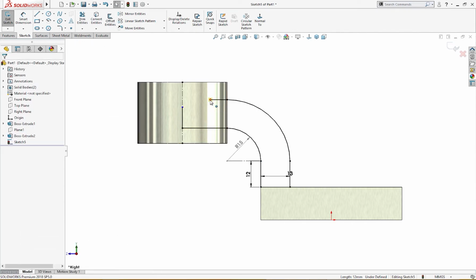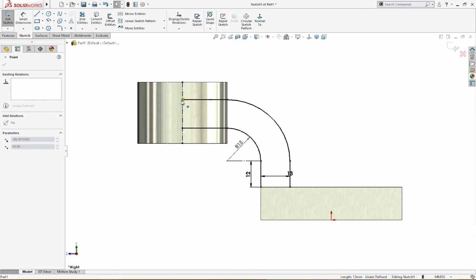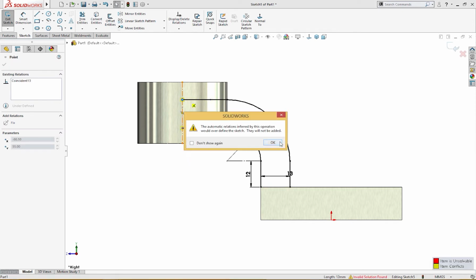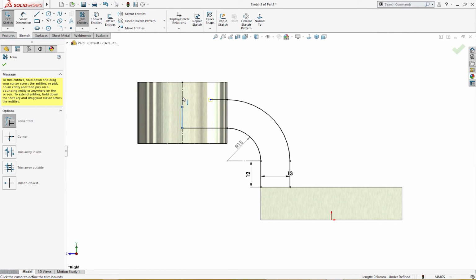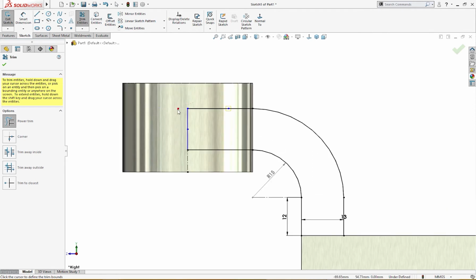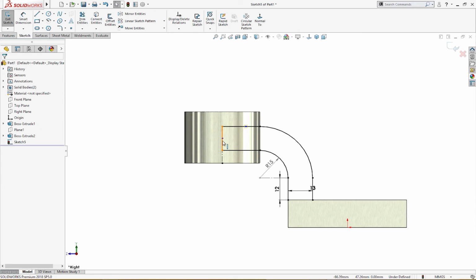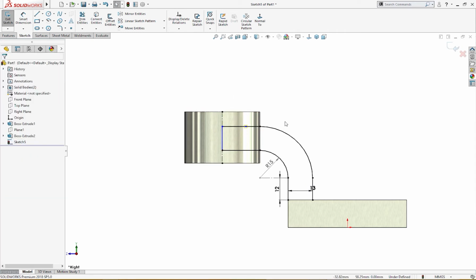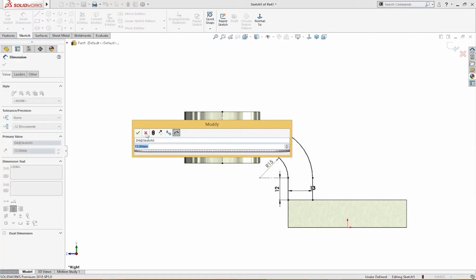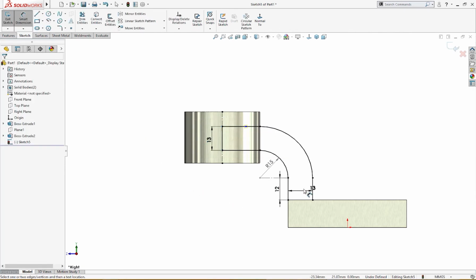I will take this to this line. Okay, I will use trim entities tool, extend this and trim the extra. This is 13 millimeter. Okay, the sketch is fully defined,